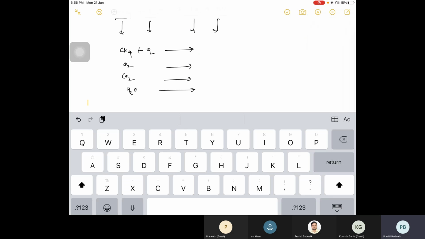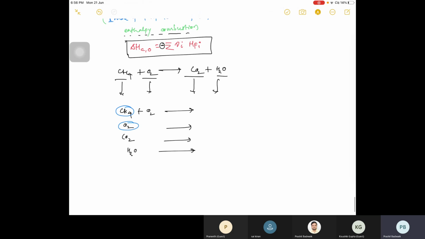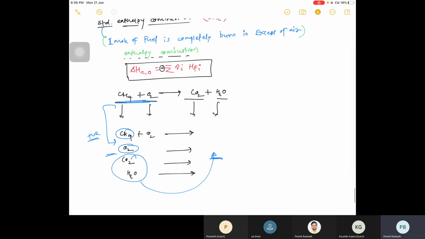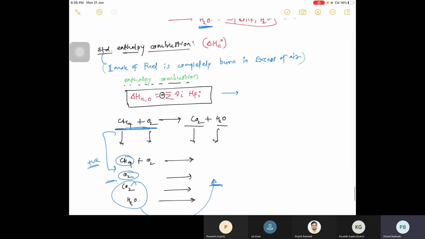And for the enthalpy of combustion, here I have done combustion, so this is on the reactant side, oxygen is there, and this should be on the reactant side. So reactants are positive, right, and I need to shift this product to the other side, and that's why it is reactant minus product. That's why I'm writing here delta Hc naught equals minus of the summation of nu i into HF i. Are you clear with this? Yes, sir. Okay.